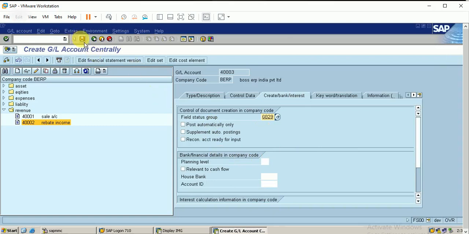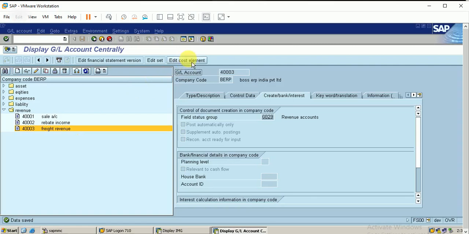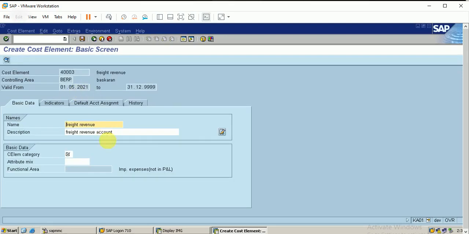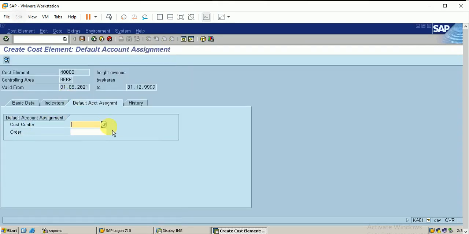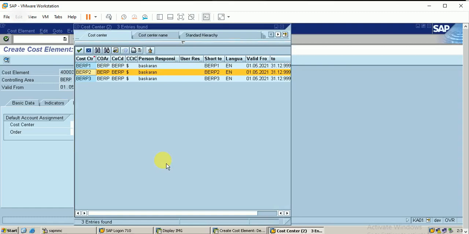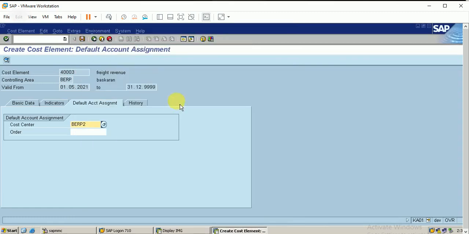We save it. So this is the profit and loss account, so I have to go to edit cost element also. Edit cost element. So link the cost element category as revenue, and also link the default cost center. So we have 3 cost centers. Just link the second one, save it.